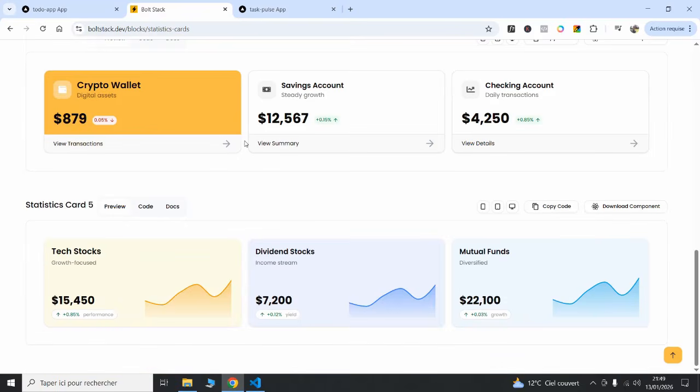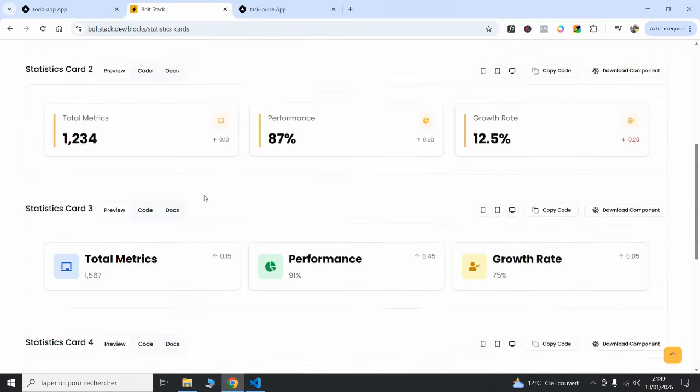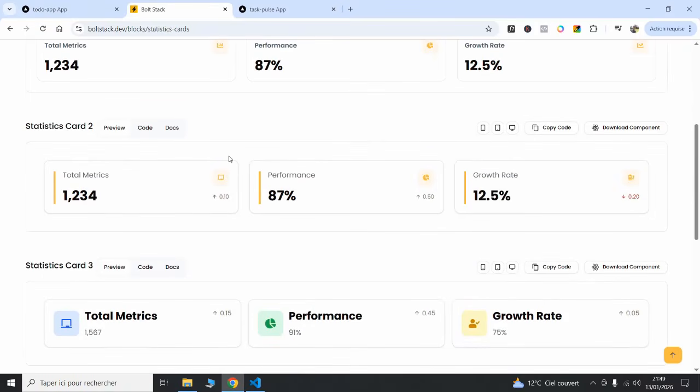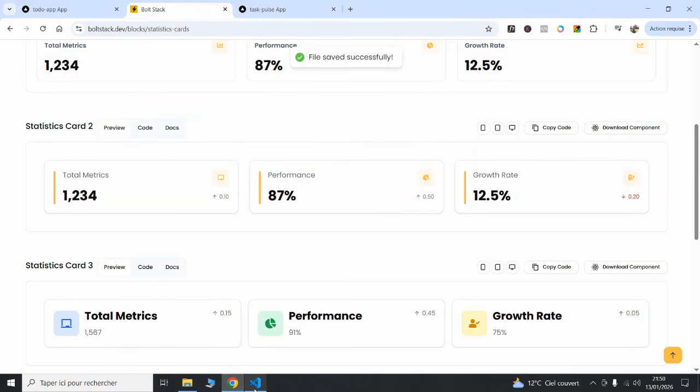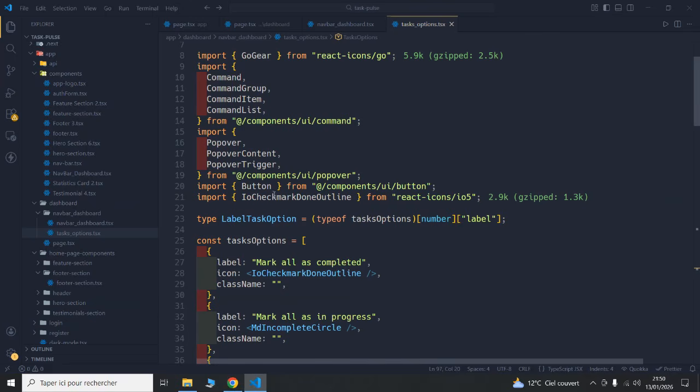Those are the statistics available for now, and the one that we're going to use is this one. Let's download this component inside the components folder,